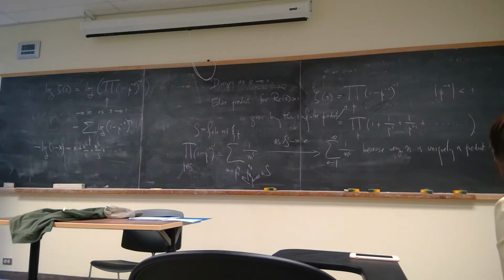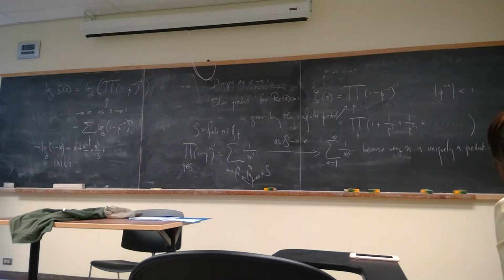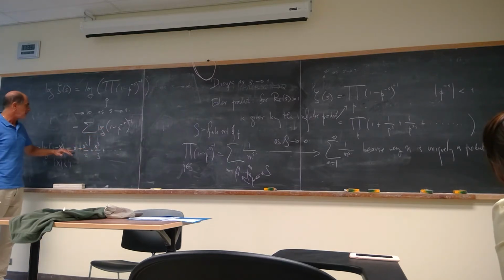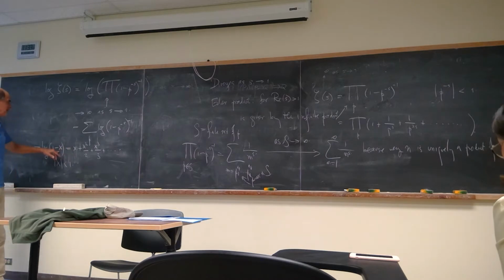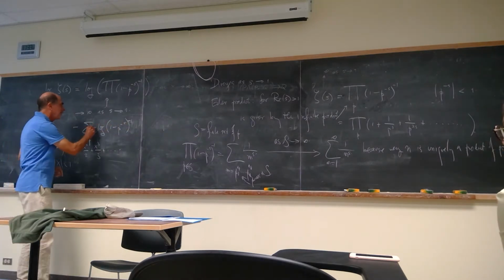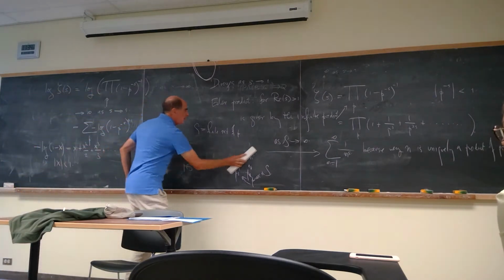This is for the absolute value of x less than 1, which it certainly is if the real part of s is greater than 1. So Euler puts this power series in and substitutes p to the minus s for x. And since it's log inverse, that's minus, I could have written it like this. And it produces